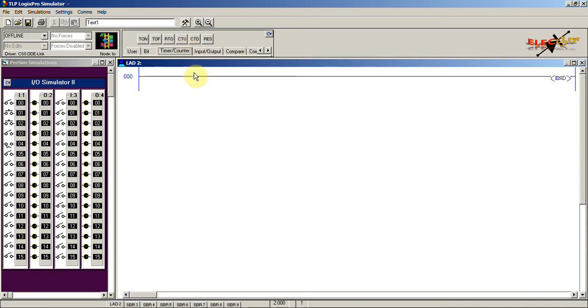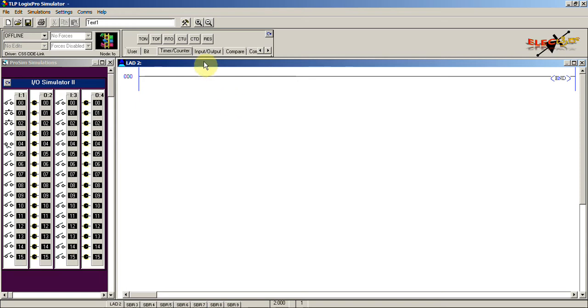One is up counter and the other one is down counter. Those are the two instructions which are used in PLC counting applications. Up counter will do the count, or it will increment the accumulated count, and if we use this down counter, that will decrement the accumulated value of the counter. Now we will see one by one how these instructions are used to perform the operation.